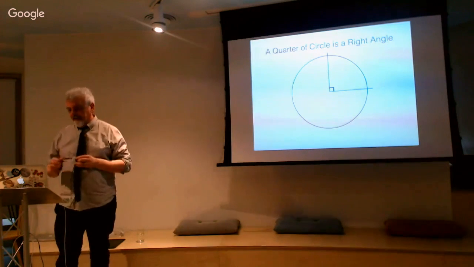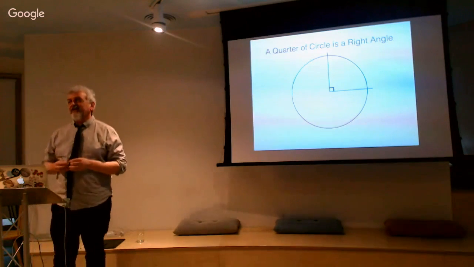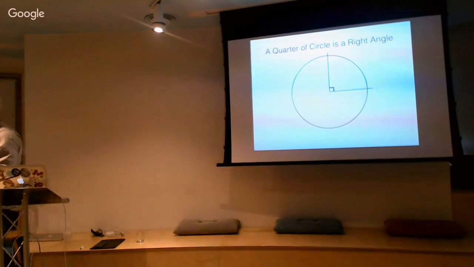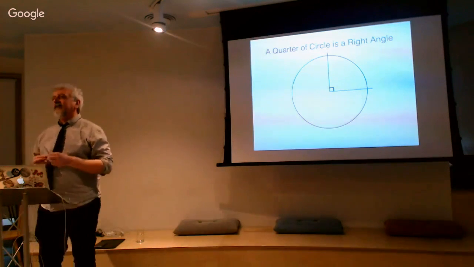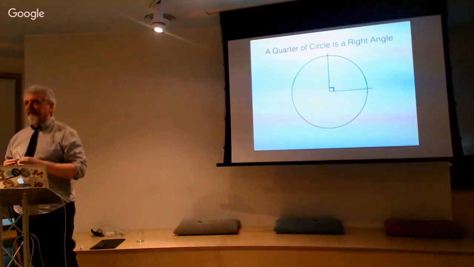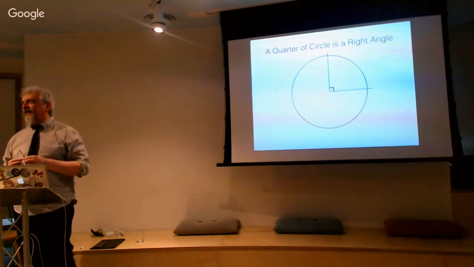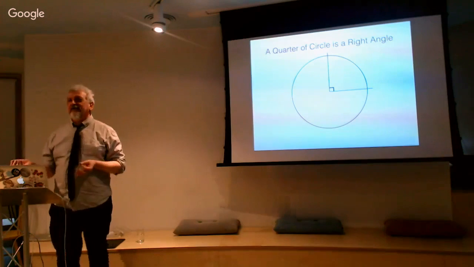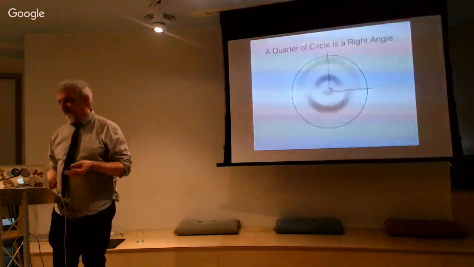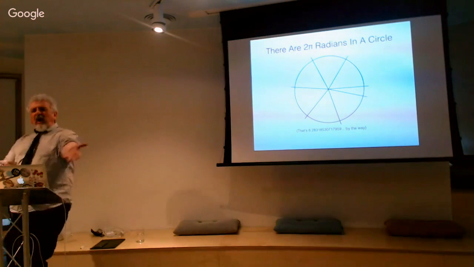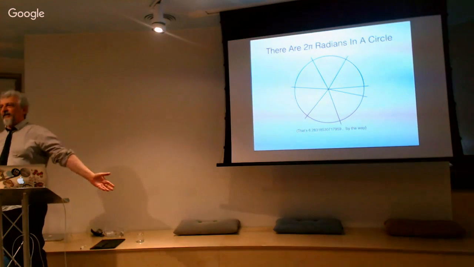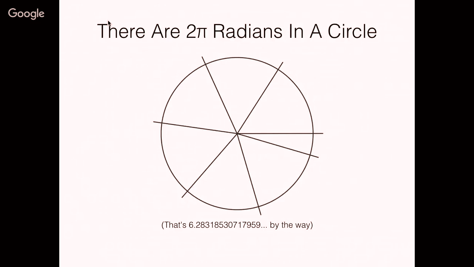But I digress. If you ask a mathematician how you measure angles in a circle, they'll say, well, you use radians. And you go, oh, okay, what's a radian then? It's a question I often used to ask mathematicians, somewhat bemusedly. And they say, well, there's 2 pi radians in a circle, which is 6.28 and so on. And it kind of looks like this. And you think, well, why would you bother dividing up a circle into 6.28 something? That's no way to build a bookcase, is it? That's not going to help you at all.